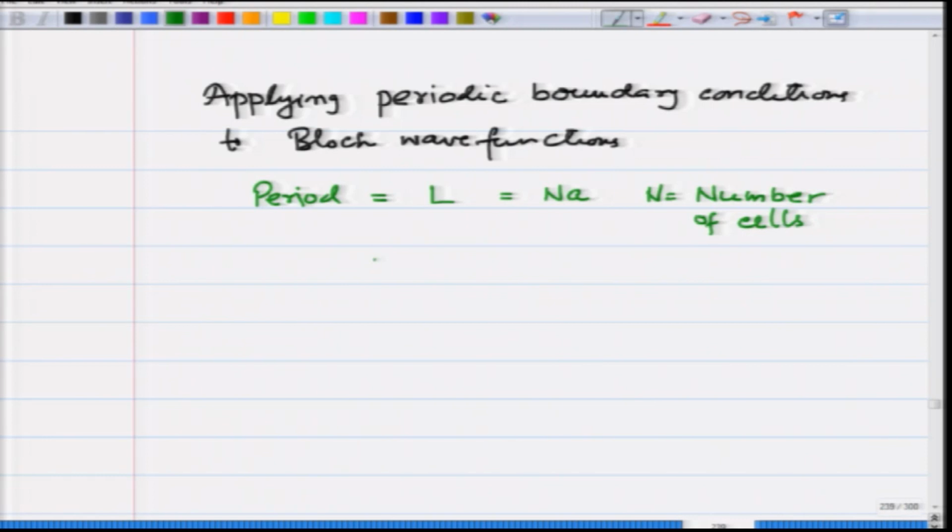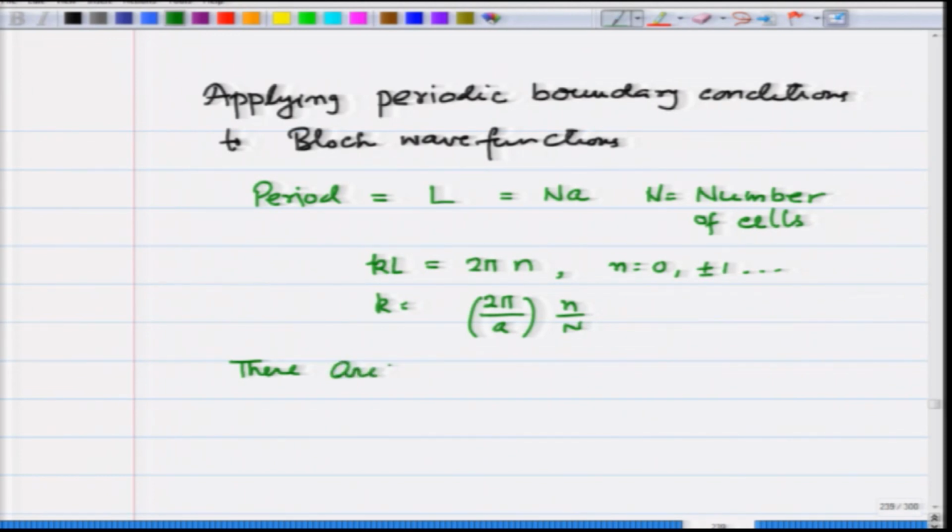In that case, you get KL equals 2 pi n, where n equals 0, plus minus 1 and so on, and K equals 2 pi over a times n over n. And there are exactly n K states in one band. This is where we stopped last week,